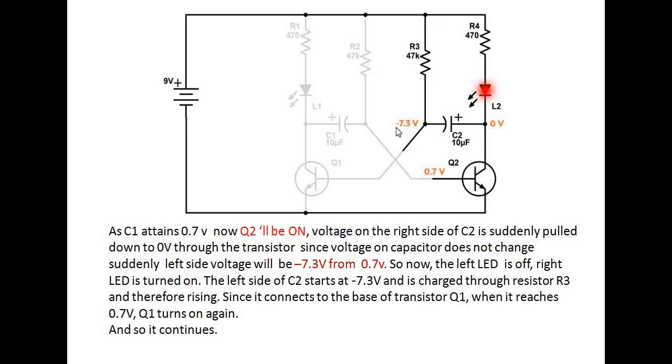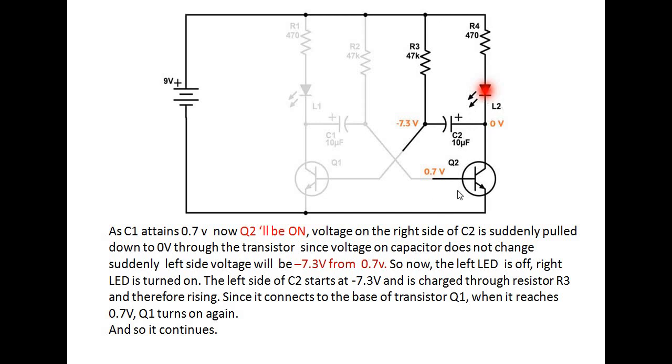But look at here, what will happen? This is a negative voltage. That negative voltage is given to Q1. If a negative voltage is given to Q1, what will happen to Q1, which was earlier on? Now it will become off, right. Initially Q1 is on, now Q1 is off. Why is Q1 off? Because there is a negative voltage from C2, that's why Q1 is off, right. If Q1 is off, L1 is off. As Q2 is on, L2 is on.